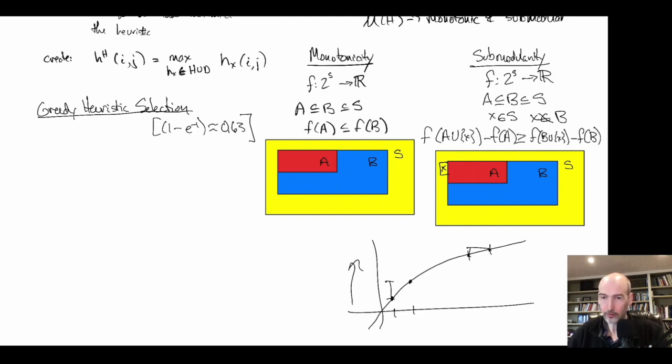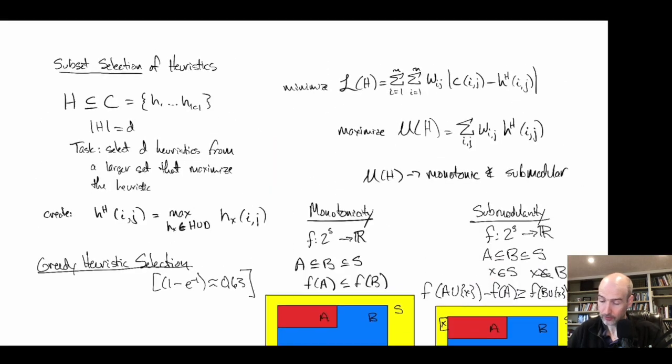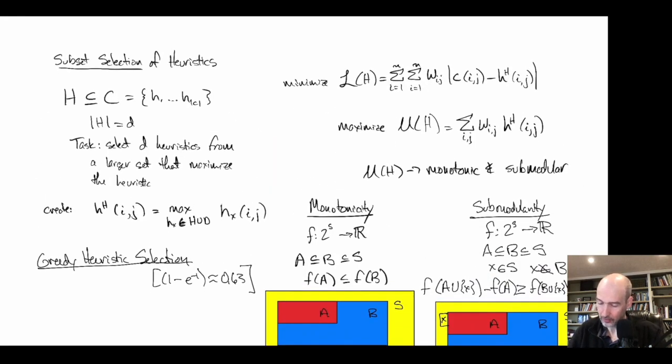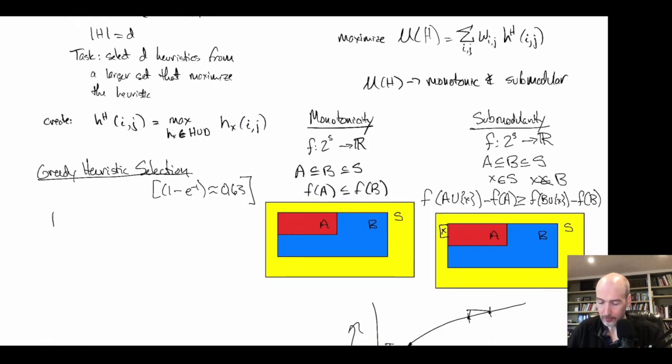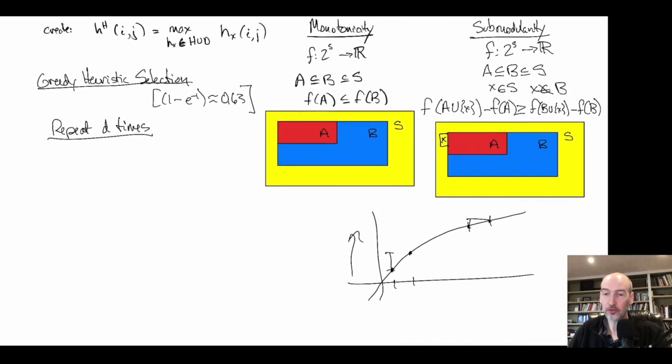So that's what we're going to sit with, the greedy algorithm. But what does the greedy algorithm do? Basically, we want D items. Remember, the problem up here is to select D heuristics, and we have this entire set C. So we're going to repeat D times to get our D heuristics. This is basically a greedy selection. So we're going to compute, this is for all